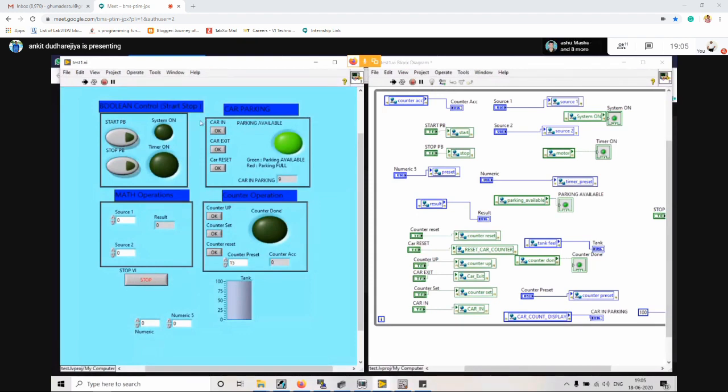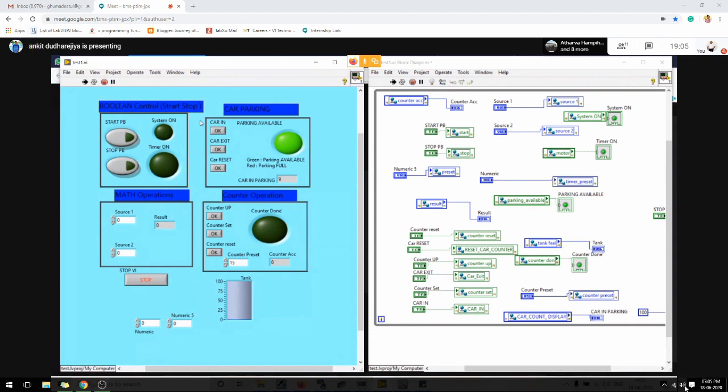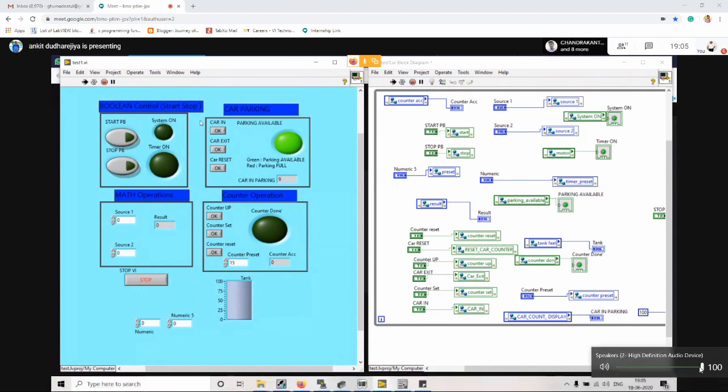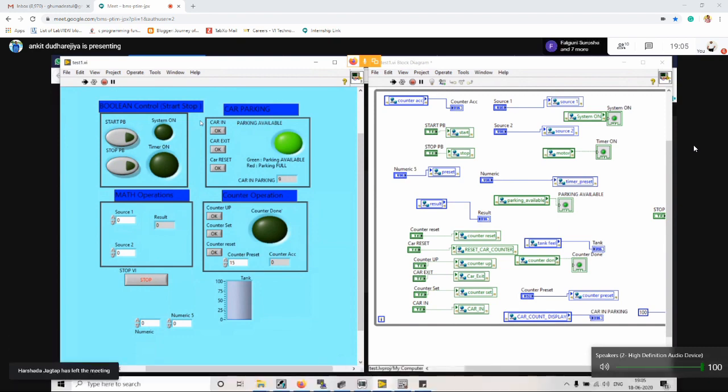Second, I have a math operation. Suppose there is an addition function, with a value source one and source two. So I can put the value of source one and source two from the left, and the result will be shown. We can put that value from the SCADA, and it will be performed, and the output will be stored in a PLC tag. And further, whatever logic we make in PLC, accordingly that will work.